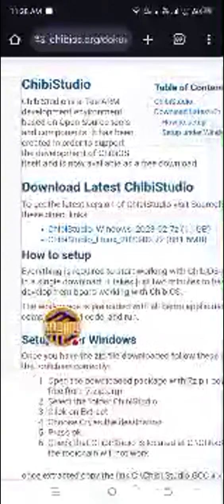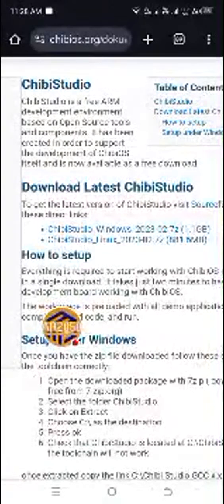So ChibiStudio is a free ARM development environment based on open source tools and components. It has been created in order to support